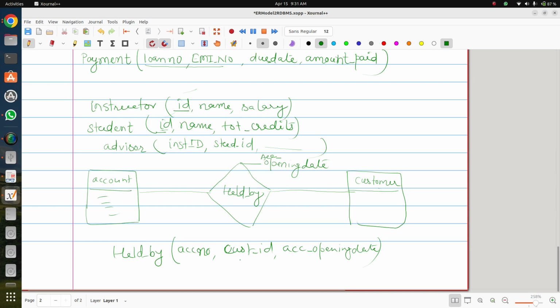Now question arise होता है कि how we will decide the key of this relationship. How we will decide the key of this relationship table. So the selection of the key of this relationship actually depends on the mapping cardinality. Okay, the mapping cardinality that exists here. So there are rules actually. So if this mapping is 1 to 1, so if relationship has 1 to 1 mapping, so you should remember these rules. For 1 to 1 mapping, any key